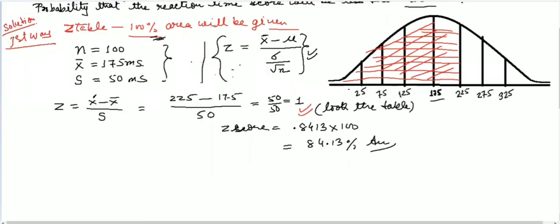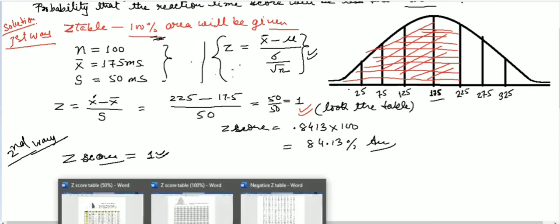Now for the same z-score, second way, I'm going to use the 50% table. So take the same question, and your z-score is 1. For this you have to look at the table. This time I'm going to use the 50% table. So this is your z statistic, your test statistic. Now find the probability from the table. So what is the z-score here?